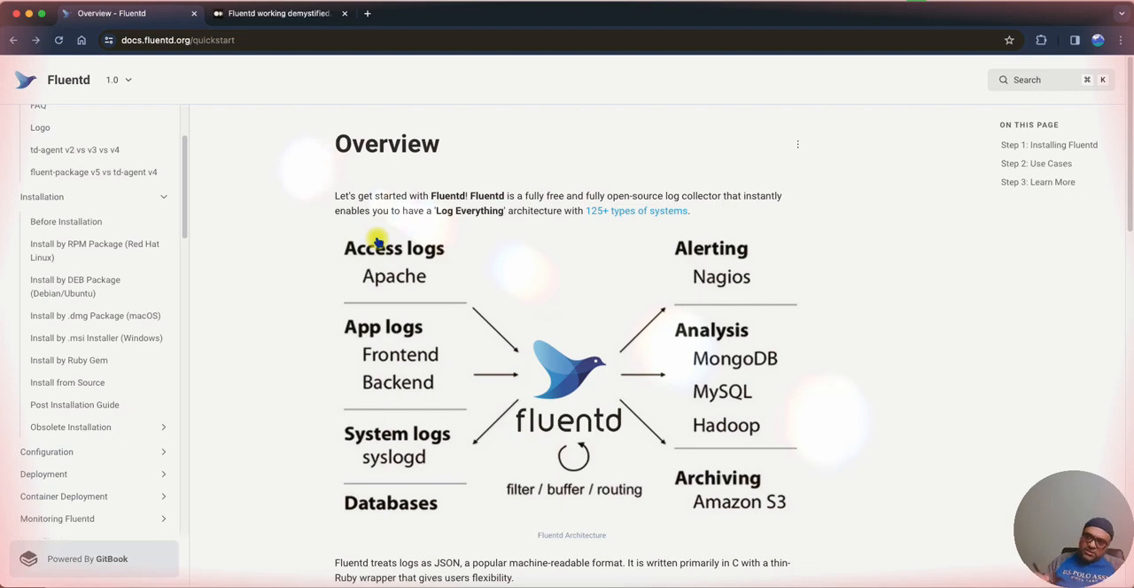Okay, so this is the Fluentd is a pluggable architecture. Okay, so what I mean is